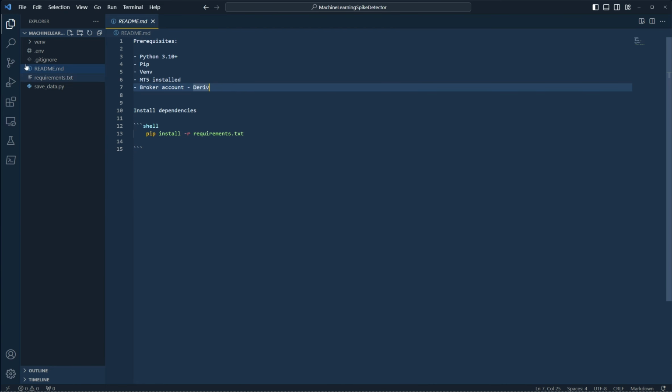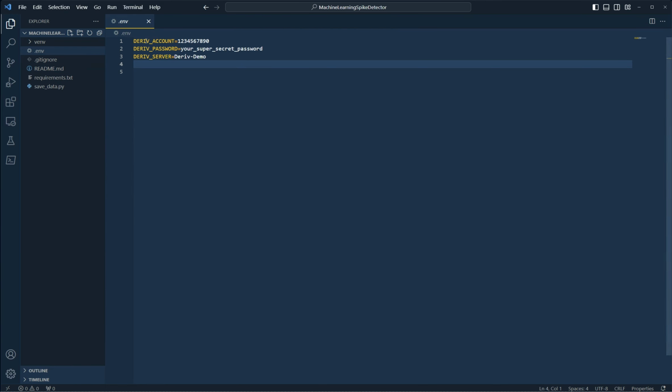Start by logging into your broker and then get your account, your password, and your server. For Deriv demo, this is what they use. This is just an example. These are not actually my details. And then open up your terminal